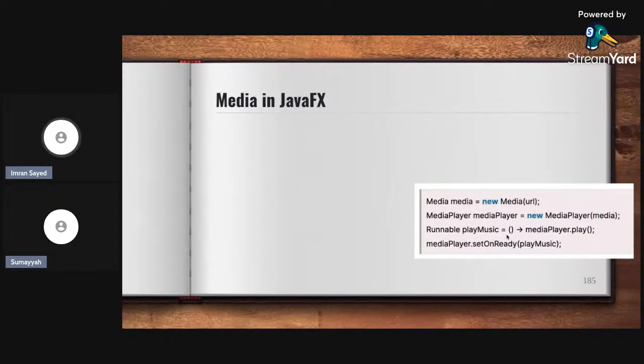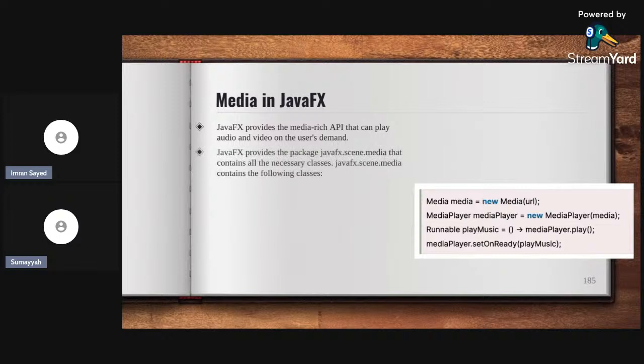Media in JavaFX. How do you play media like a video or an audio? JavaFX provides a media-rich API that can play audio and video on the user's demand. JavaFX provides the package javafx.scene.media that contains all the necessary classes. javafx.scene.media contains the following classes: